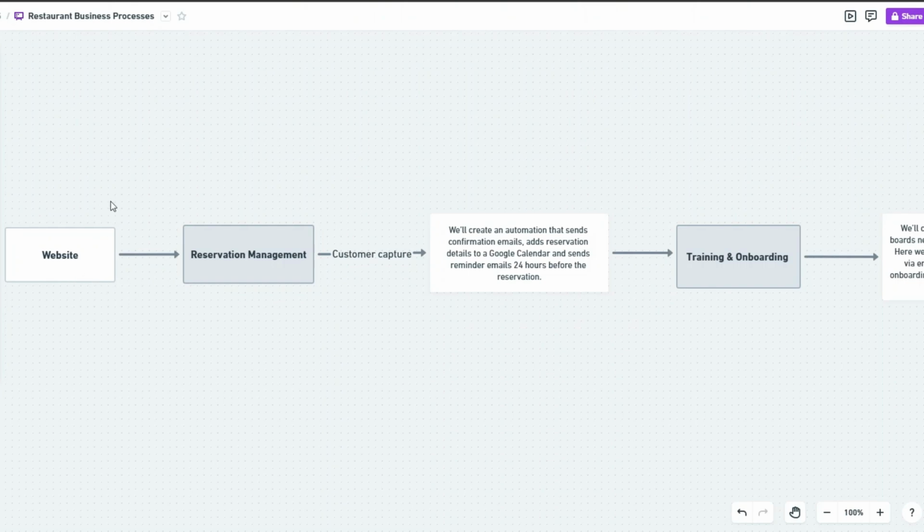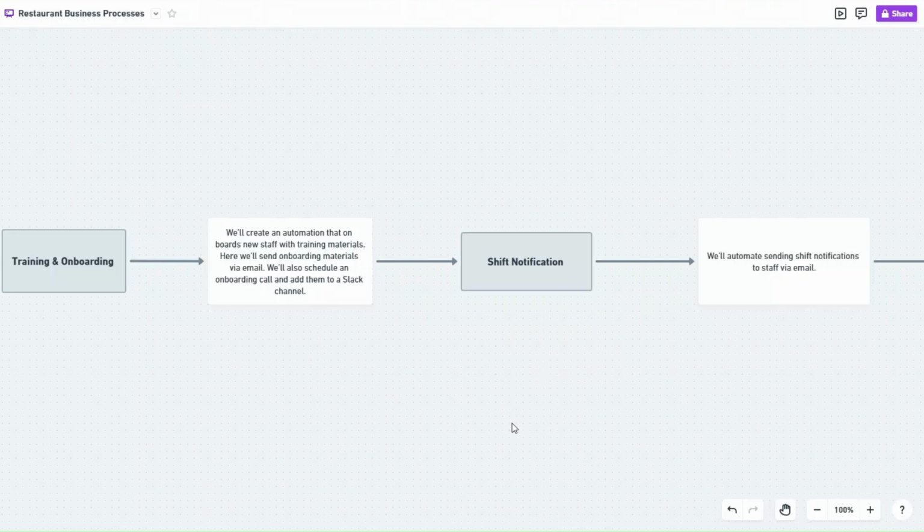Now, after they make the reservation, we're going to create an automation that captures their personal information and sends them a confirmation email. We'll also add their details to a Google Calendar and send them an email reminder 24 hours before the dinner reservation. The second process that we're going to automate in this video for a restaurant business is